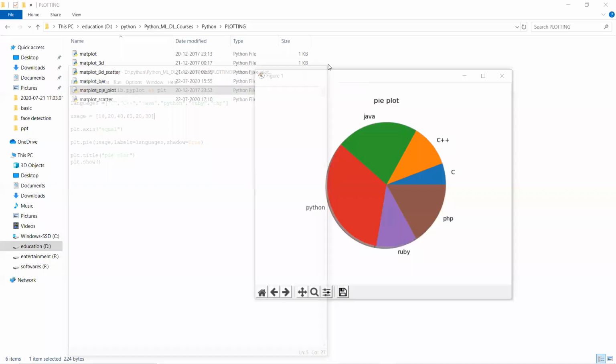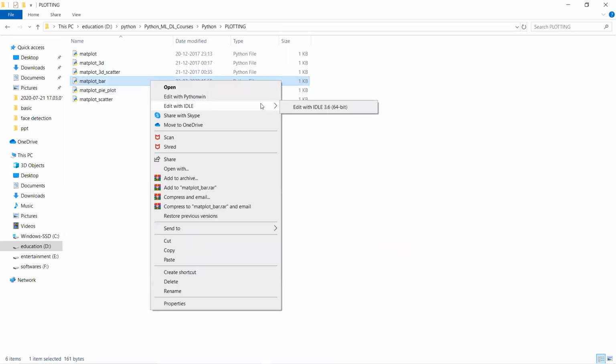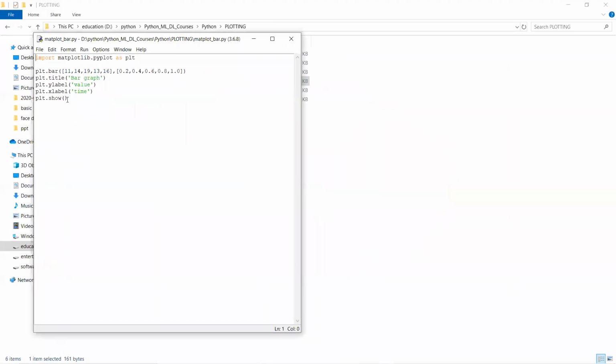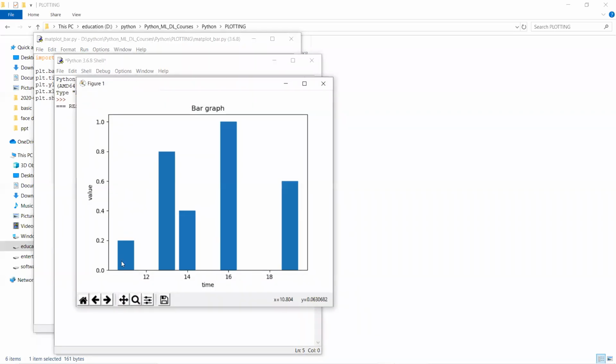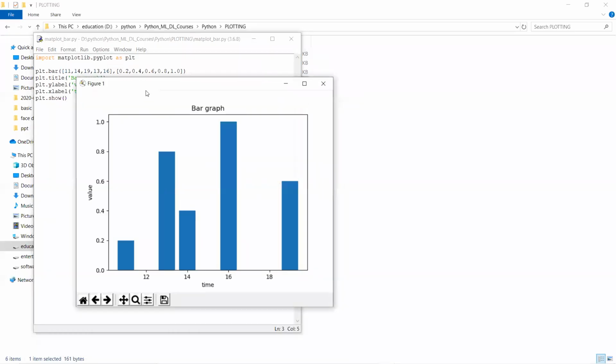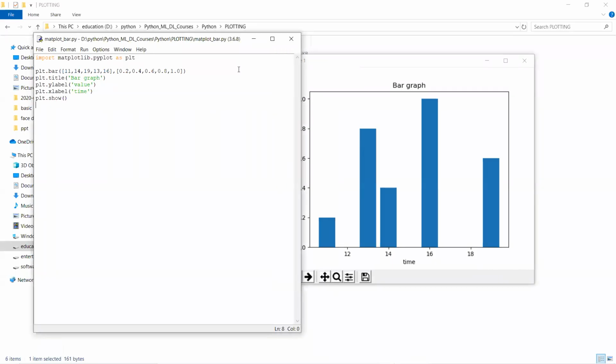And I'll show you here how to plot the bar graph also. We just have to use plt dot bar, that's it. You can see the difference here. Bar graphs means it is going to be in bars. According to the x-axis and y-axis points which we have given, it is going to represent 11.2, 14.4. So here it automatically represents the values we have.